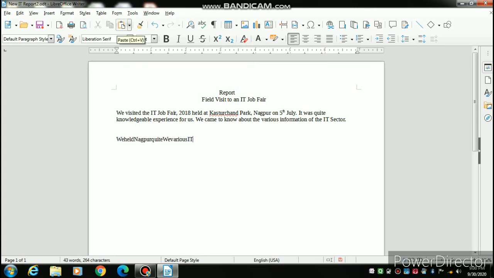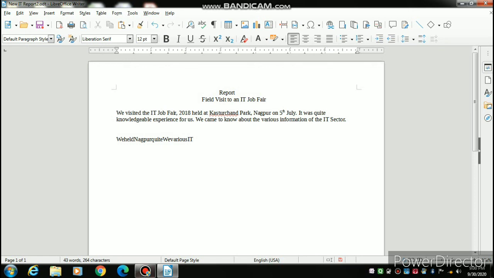So whatever words I have selected, I can copy somewhere else, otherwise I can replace it or I can cut it from the text. This is the way you can choose non-consecutive text.